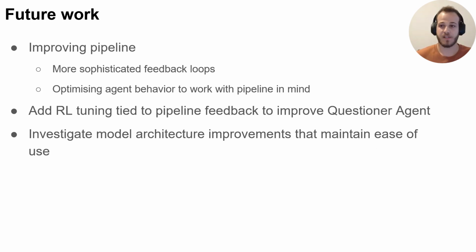And so in future work, aside from additional evaluation studies that we're looking into for the things we did in this paper, we're looking into a lot more improving the agent pipeline to be more sophisticated and more tailored towards specific tasks for HPC, and also how we can improve the model's behavior to work well with the agent, or just to be better given the feedback from the agent. And finally, we're looking at the different architectural changes that we can add that are still bolted on to external models, but help improve performance at the model level itself.